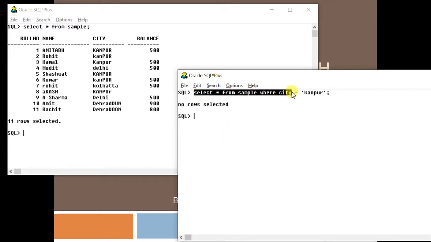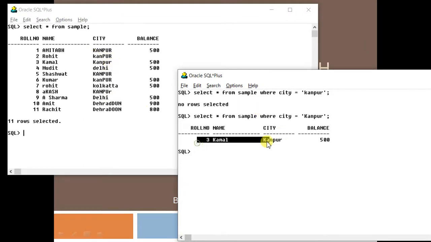But suppose I change it something like this, with capital K, Kanpur. Now again, what will happen? You always have to remember this: all these records are first of all brought into the RAM, and Oracle checks record by record for the where condition that you have given. So it will go to this Kanpur, it will not be matched. It will go to this Kanpur, it will not be matched. Then this Kanpur will be matched with this, so it will be sent to the output buffer. This Delhi will not be matched. So how many records matched? Only one. So when you run it, this one record will be displayed.